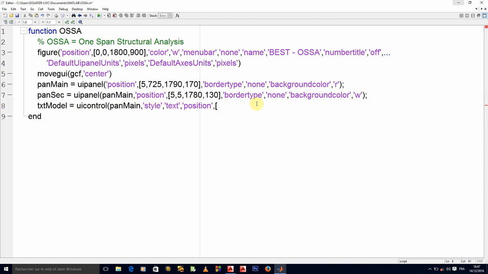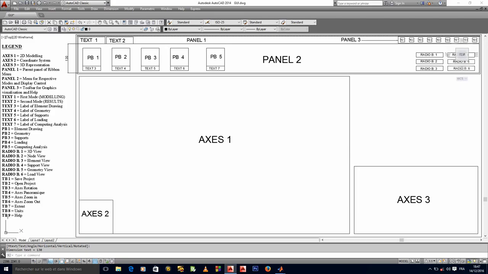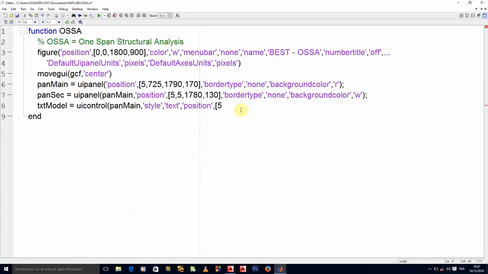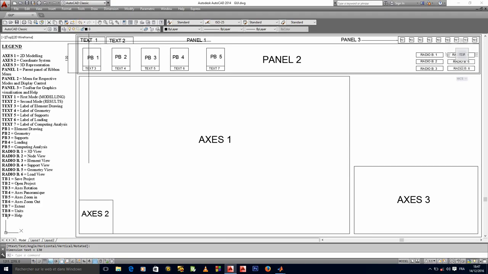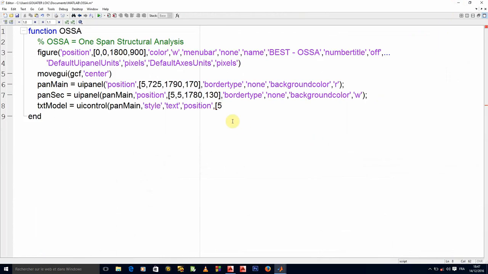Following the X, obviously it will be 5, because it is at the same alignment with this particular secondary panel. And it is directly on top of the secondary panel, so no need for magic for the other one. It's simply 5 plus 130, which will give me 135.